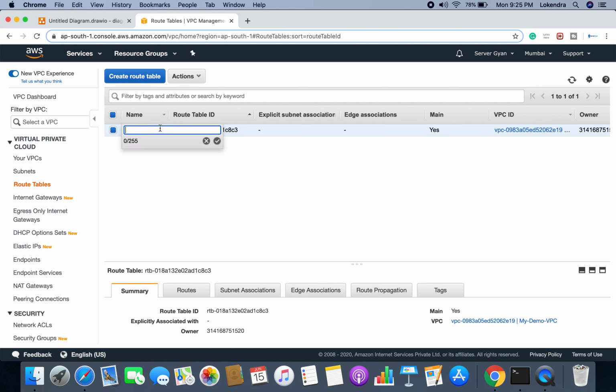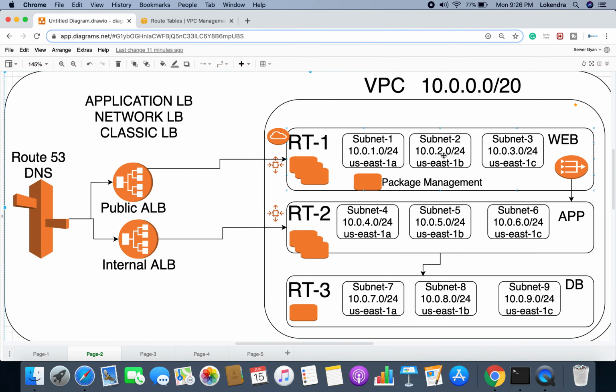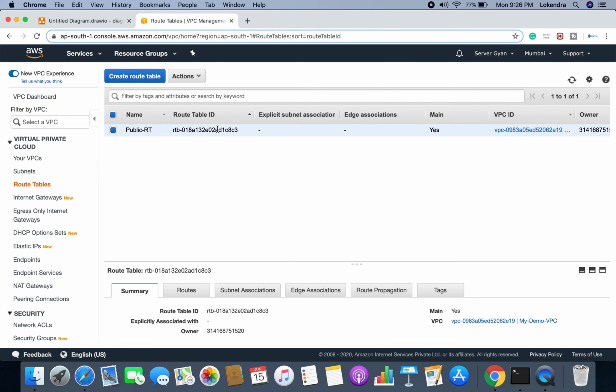So what name do I need to give here? I'm going to say public route table. Whatever name you want, you can assign here. Why have I assigned the name public route table here? Because all the servers which are going to be created within this VPC, and all the servers where I need to associate a public IP address, I will create those servers here. Moreover, if we go to this diagram, we are working with this, and we are going to associate one internet gateway. This icon shows the internet gateway, so I will associate one internet gateway with this route table.